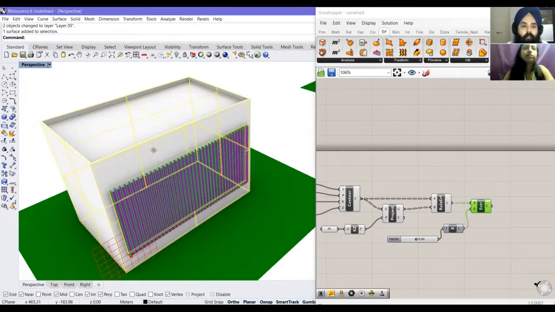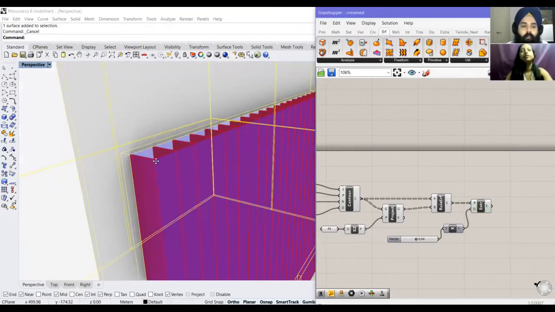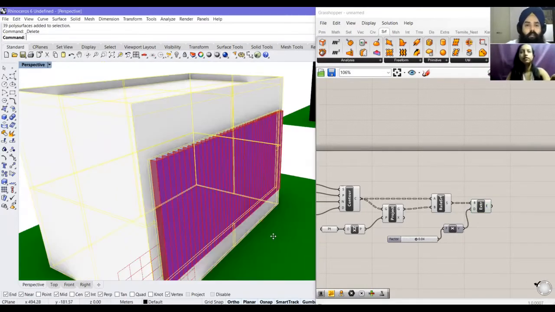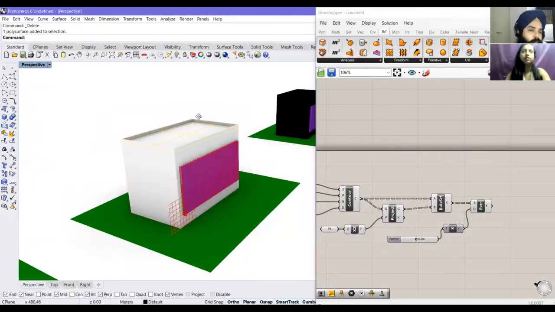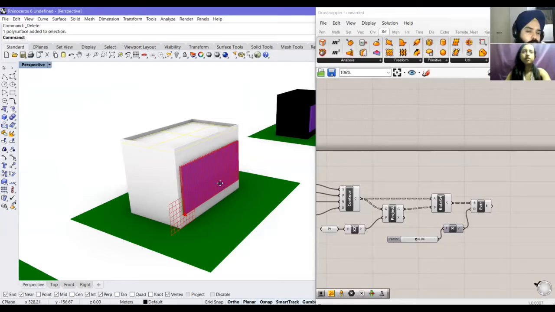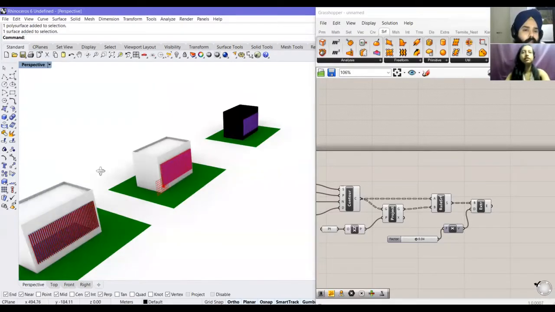We'll delete this one, the first set of contours that we had, the first set of parameters, and the first set of louvers. Why are we deleting the first set of louvers? We had this basic louver. This is the first set of louvers that we had. This is the first variation.